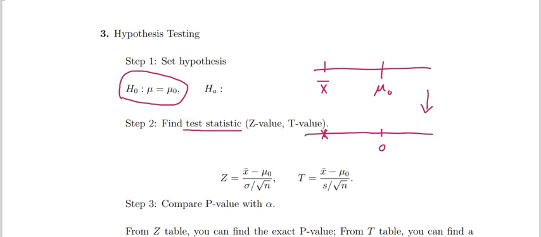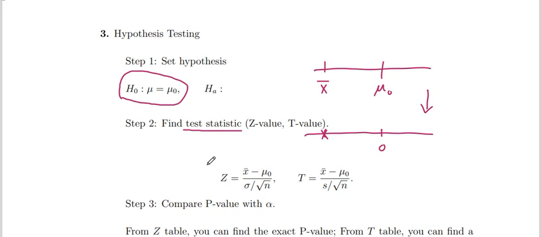Okay, test statistic. Sometimes we call this test statistic the z value, and sometimes the t value. It depends on which table we will check. If it is a z value, we check the z table to determine whether those numbers are close or not so close. If it is a t value, we need to check a t table. So again, how can we know whether this is a z value or a t value? It is determined by